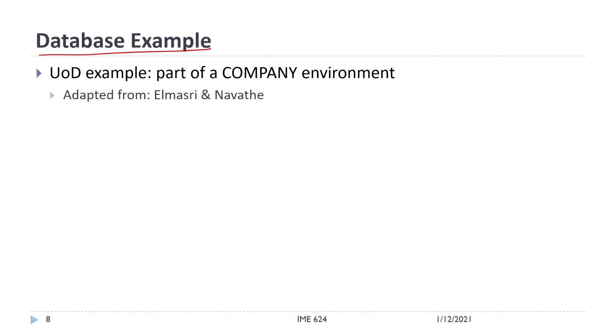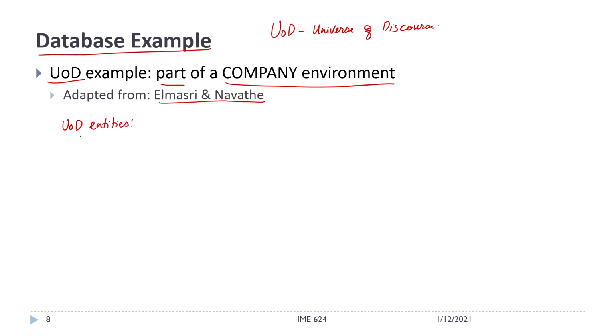This is an example adapted from the textbook of Elmasri and Navathe, which is one of the mandatory textbooks in this class. And what we are going to do is, remember UOD, we mentioned what is UOD. UOD stands for universe of discourse, okay, the part of the universe that we are interested in, and that is a company environment, a part of a company environment is what we are interested in. Okay. So, for us there are some UOD entities. The major UOD entities are, number one,